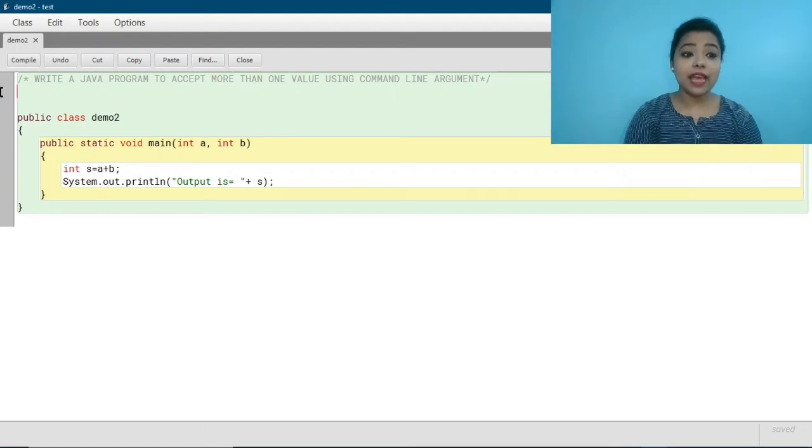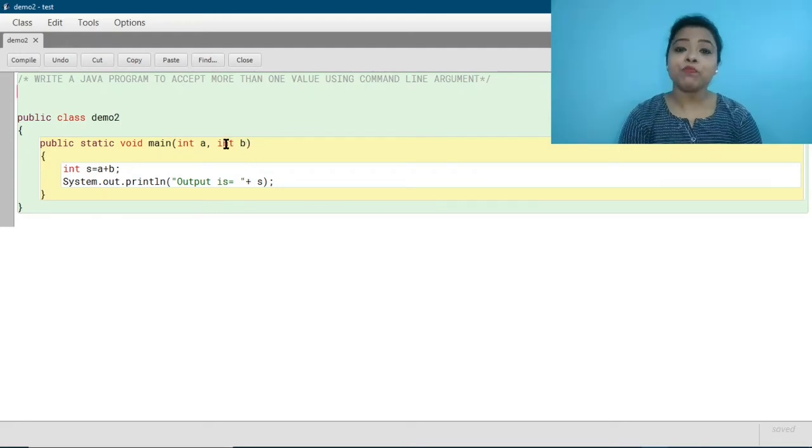argument. So for that I have declared one more class like demo2, I have given the name. Then within that public static void main. Then within the bracket as argument here I am passing two variables. So how to write that? For that first we will mention the data type and then separating with space we will mention the variable name. So here I have declared one variable named int a. So here a is the variable and int is the data type. Then separating with comma I have declared another variable named b and the data type of the